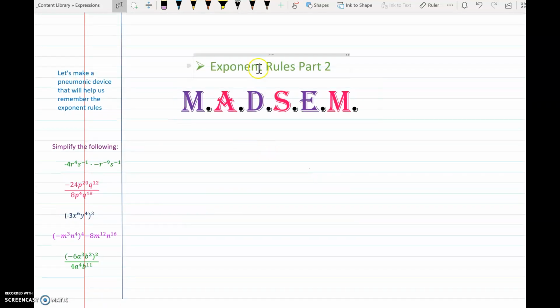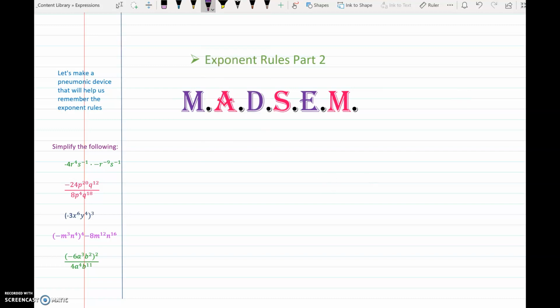Now, to remember these exponent rules, I've made up this mnemonic. Actually, I didn't. I take that back. An old student of mine and her mom came up with MadSim years ago, like how we have PEMDAS to remember order of operations. So she came up with MadSim to help her remember the exponent rules. So it just stands for,